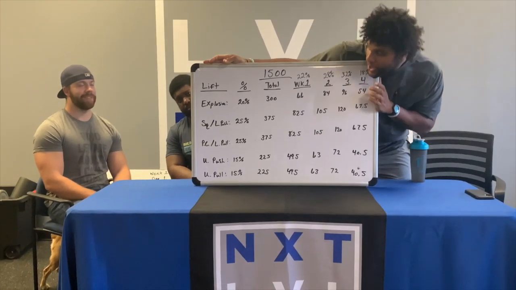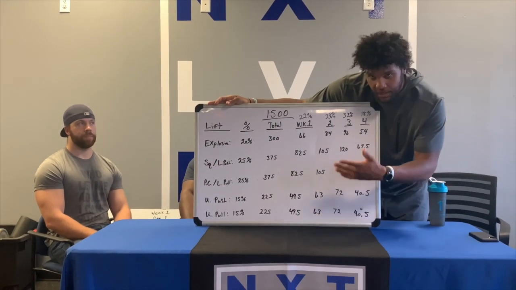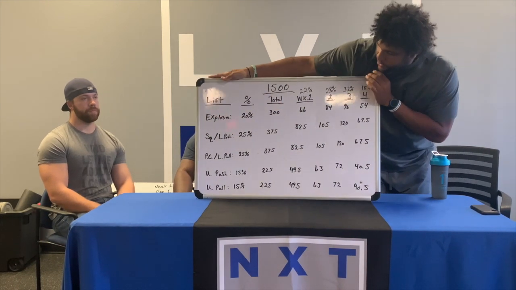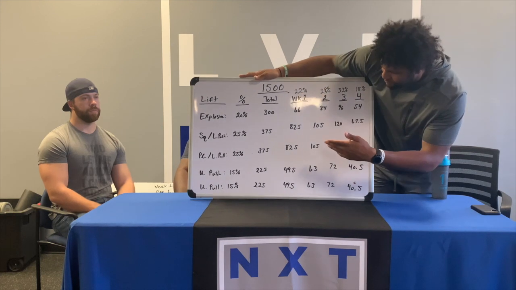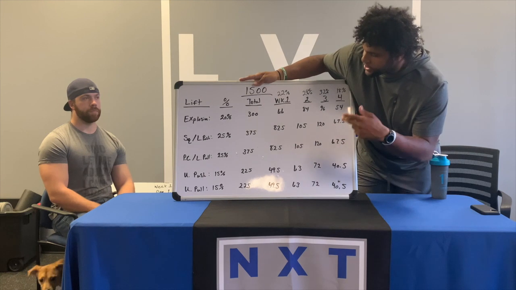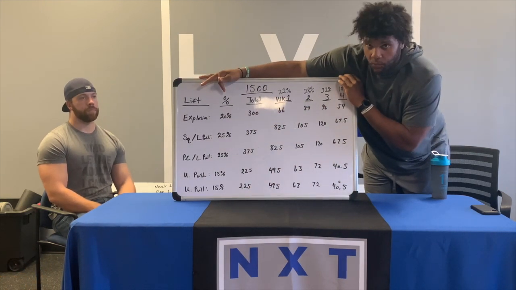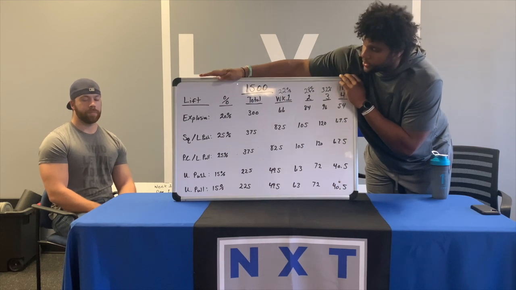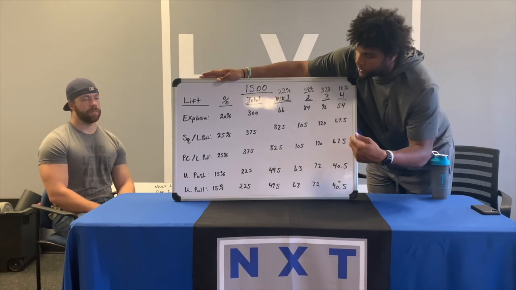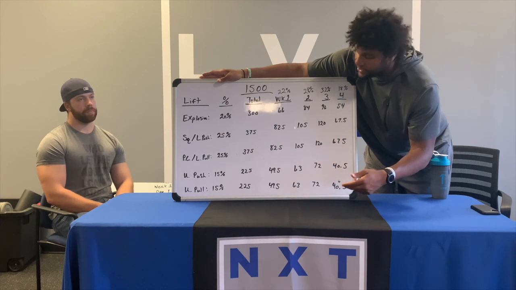I'm going to get low. I'm going to talk to you about how the month is going to look. We talked about this last week. These are the kinds of lifts we do: explosive lifts, the upper push, the upper pull, the lower push, and the lower pull. These are the percentages we work off of for each one. The explosive lifts, we do 20%. Lower push, we do 25%. Lower pull, we do 25%. The upper push and pull, we do 15% each.